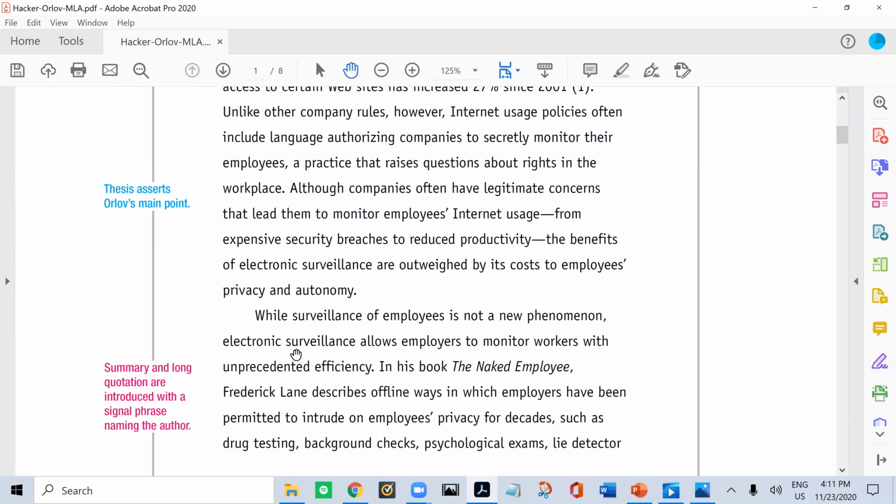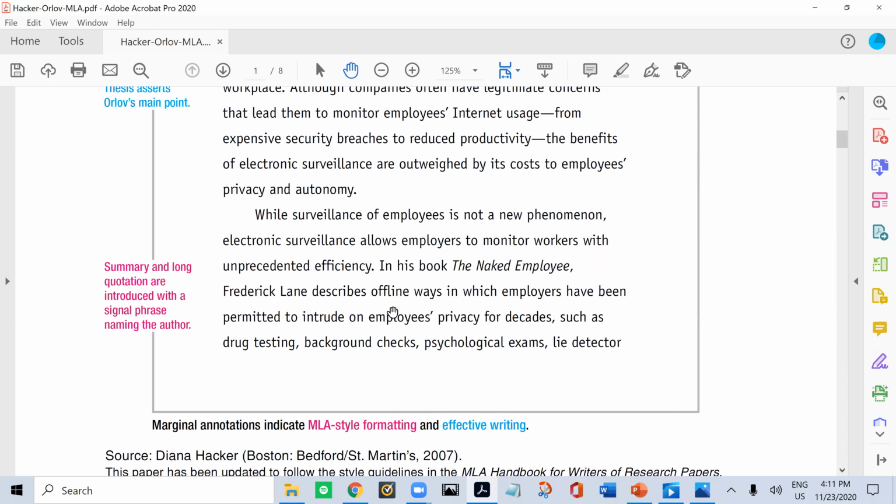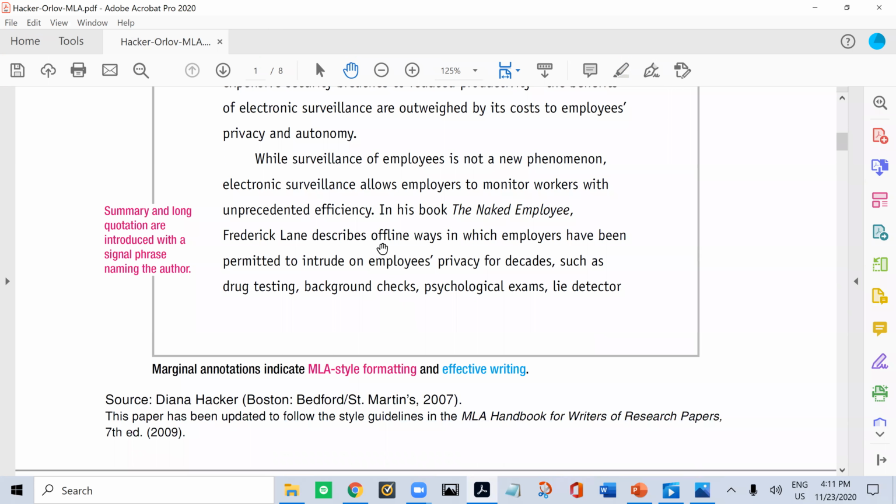And then there's no extra line space between paragraphs. If you're working in a system that is set to default add space when you hit the return or enter key, you need to go into your settings and change that so that it doesn't add space between paragraphs, line space. All right, this paper has a header with the author's name and the page number